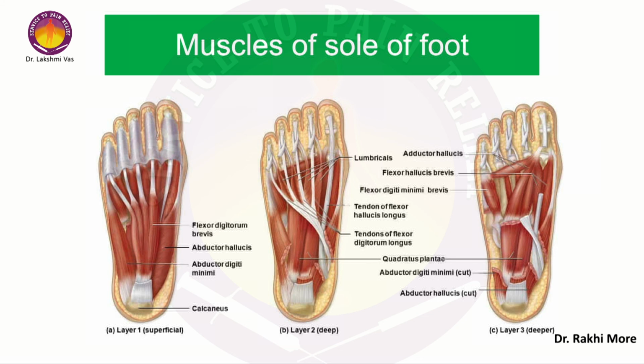Now we come to the last part, that is the muscles of the sole of the foot. Now this is complicated. It comes at the end. The anatomy of the sole of the foot, since the dissection is also a bit difficult because of the fibrofatty tissue present over there, and the compartments are also too compact, invariably you tend to forget about the layers of the sole of the foot. So there are 4 layers in the sole.